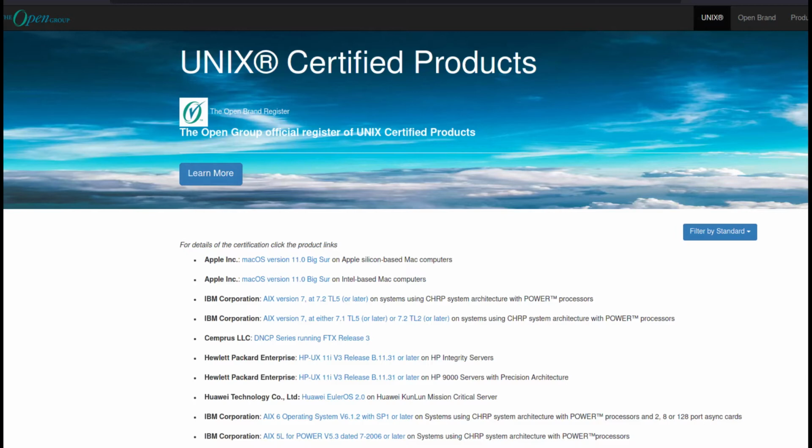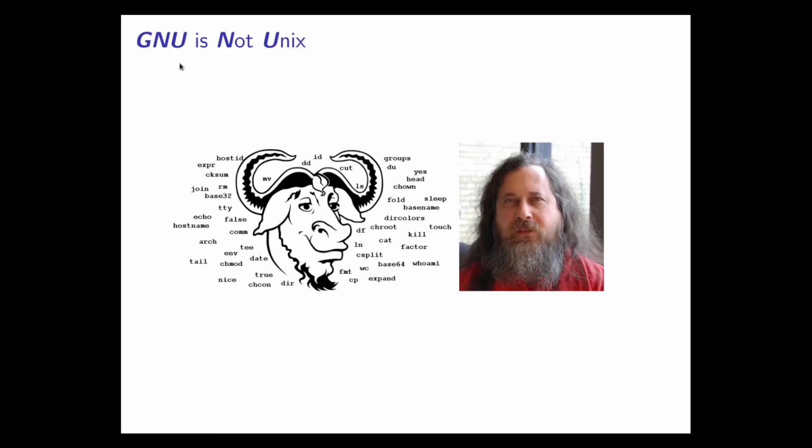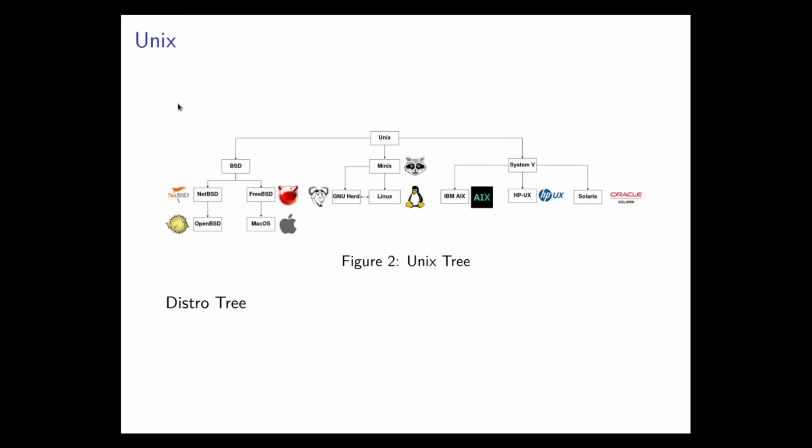And one of those examples, surprisingly, is actually macOS. macOS is a certified Unix operating system. So you can see here that GNU stands for "GNU is not Unix." So it's a recursive name. The G is GNU, and it just repeats: GNU is not Unix, GNU is not Unix, etc. The reason GNU is not Unix, the reason Linux is not Unix, is because Unix is the original operating system from which Linux, BSD, macOS, all of these operating systems come from.